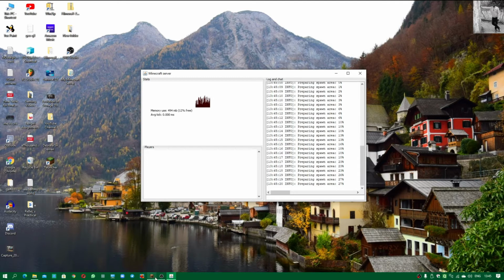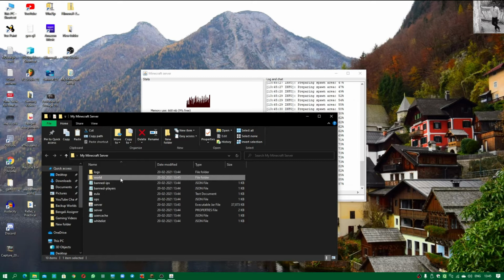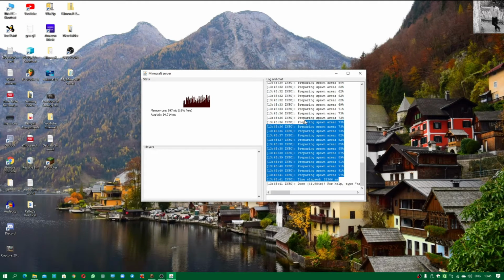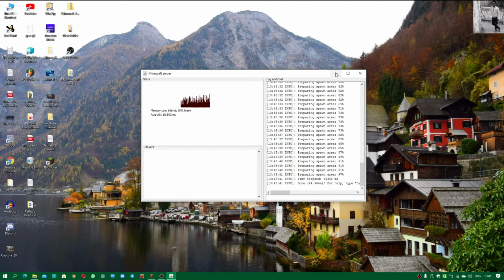Now I would like to tell you another thing about this world, that you can give a world according to you. For example, if you have your own personal world, then you can use that personal world on this also. For example, I have a personal world where I have played Minecraft a lot, so I can add this to my Minecraft server in place of this. I'll show you how to do that also. So this is just a normal world with a random seed that has been generated.